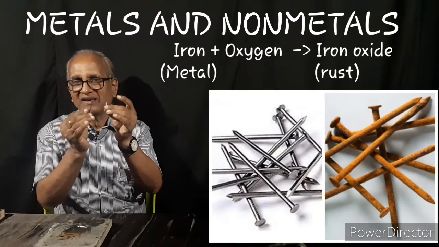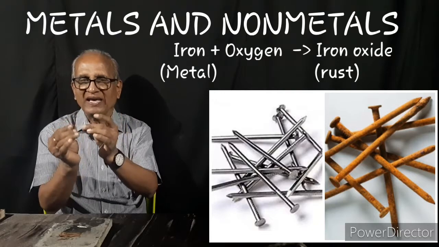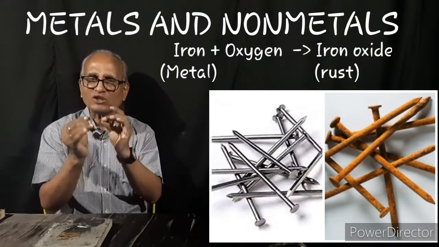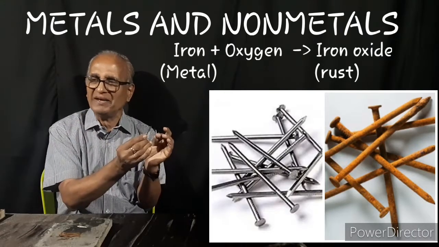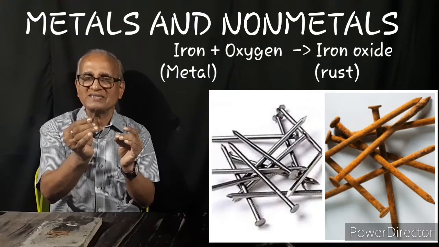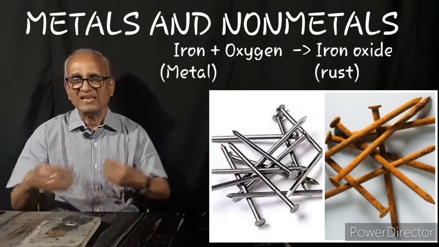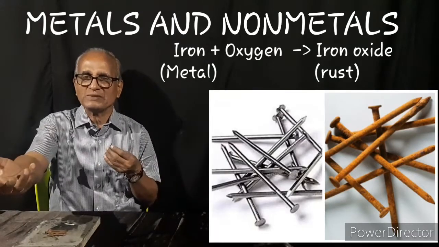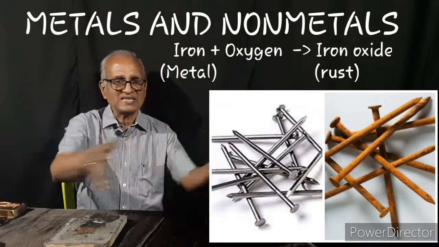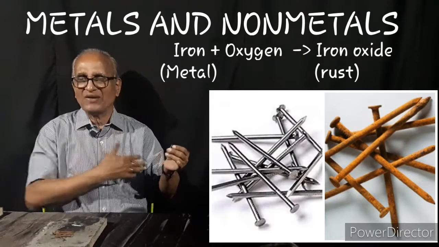Alright, this is about iron. Iron combines with oxygen to give iron oxide. This is a burning reaction. Whenever oxygen combines with an element, chemically combines, you call it as burning. Burning keeps taking place in our lungs. Burning takes place when you put up a fire for all waste paper and such items put together and you light it. There will be a fire. Here too there is a fire.